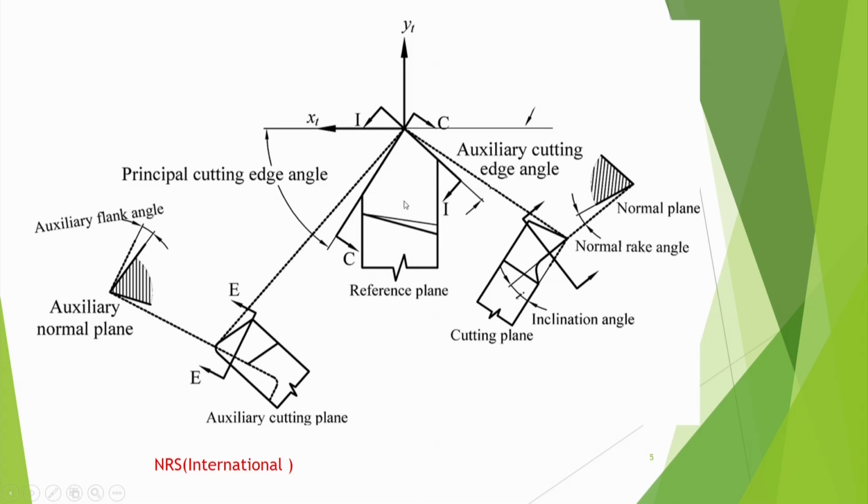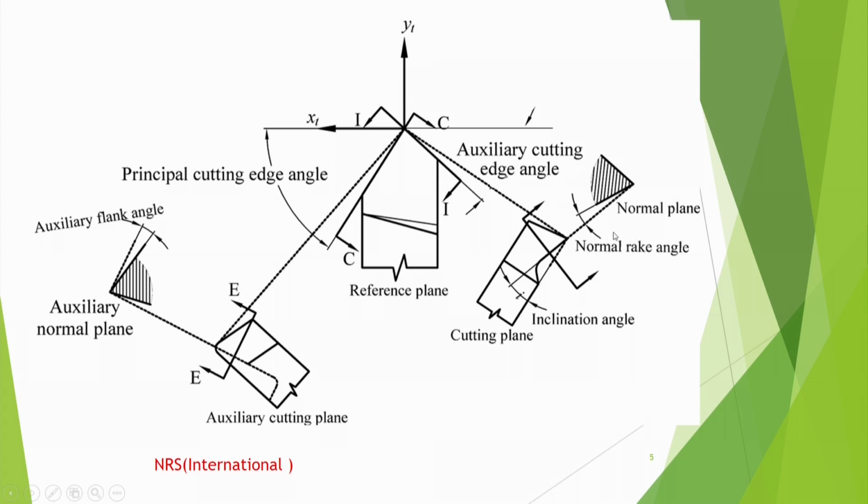Now we take the cutting plane, and in that cutting plane I can see the inclination angle. See, it is inclined because it is oblique cutting, so the inclination angle is non-zero. Suppose the inclination angle is 0, that means it is the orthogonal system. And then I can take an orthographic view here, you get a normal rake angle. On this plane you are seeing that normal rake angle, it is in the normal plane. So this you have seen in this one.